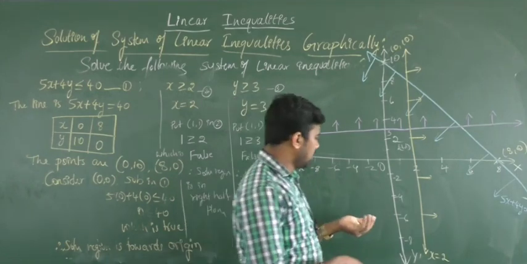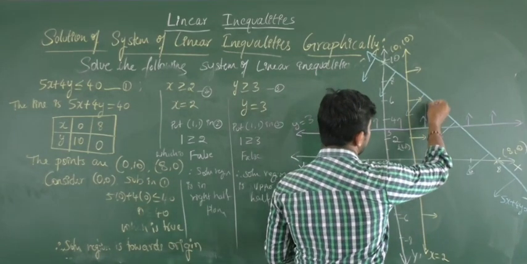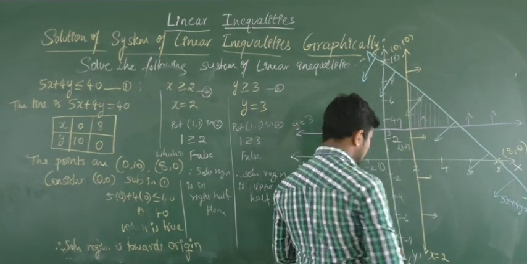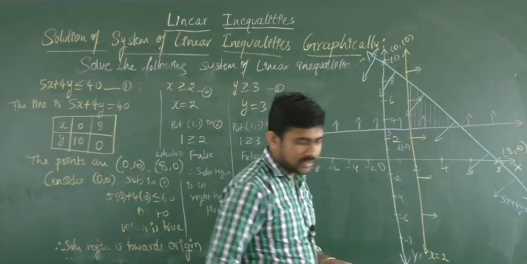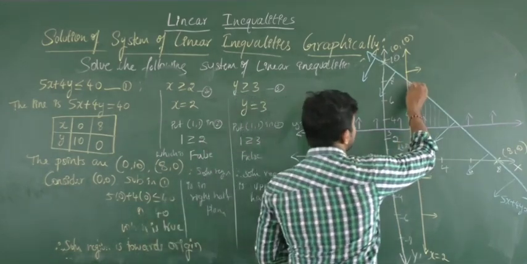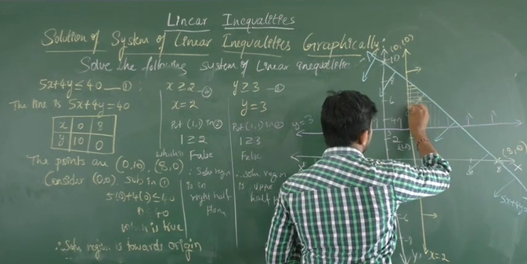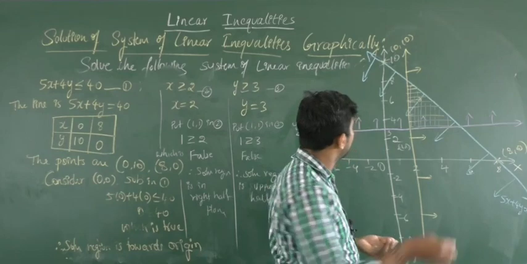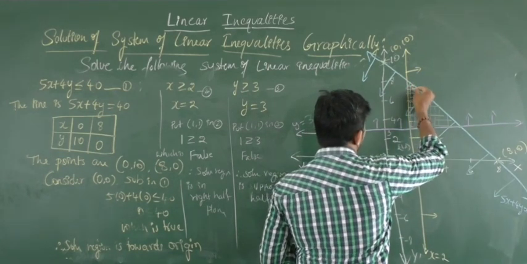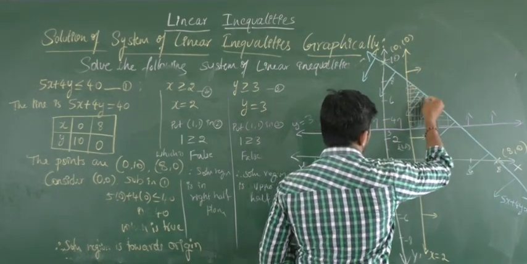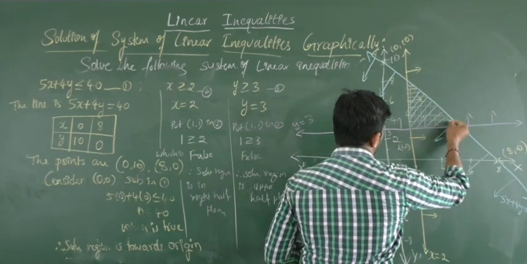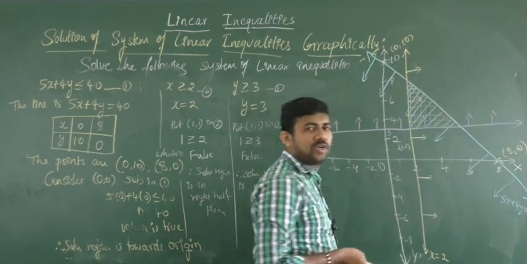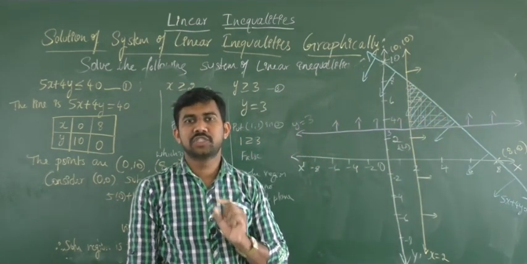You can observe here, the purple colored line came this side, upper side. This is the solution region. Again here, the yellow colored line, you can observe, this side. This is the solution region, the right side you have. And the blue colored line, you can observe here, where you have the lower half plane. Okay, like this. So they intersected in this triangle. Okay, very important, showing the common solution region.